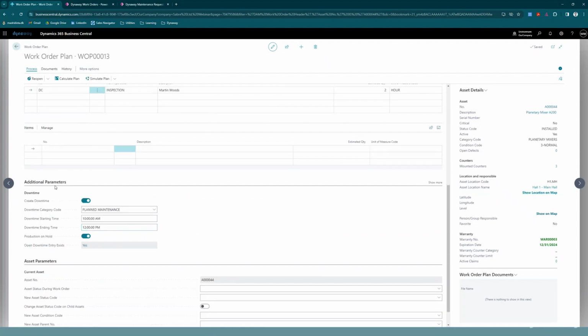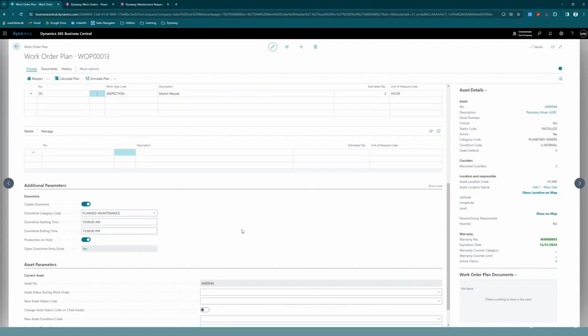What you also have is additional parameters. You can create downtime, and this is very, very cool, especially when you are a manufacturer, because every time we trigger a work order, it also creates a downtime registration, as we call it, and you can specify it here, for example. And production on hold means it actually will create a, let's say, a phantom production order in your manufacturing system, so that the production team will be able to see that there are some planned maintenance at that time in relation to